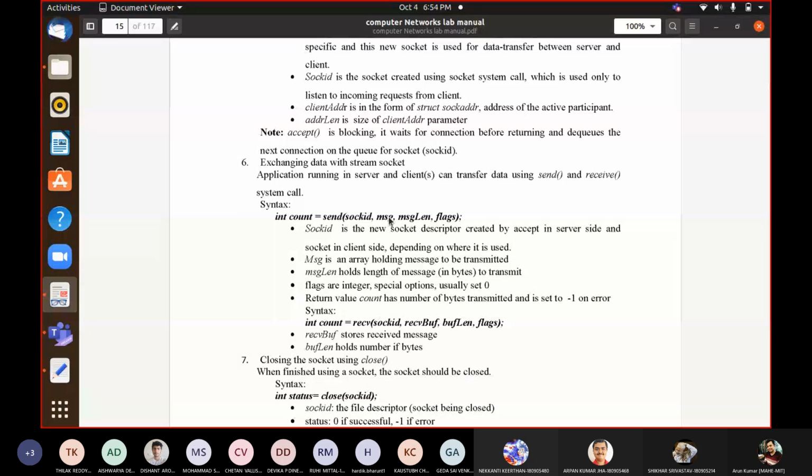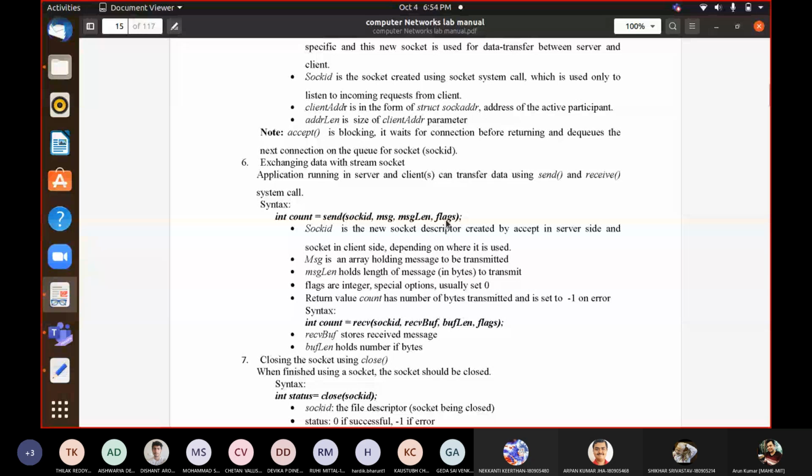Then the message length. The message could be any buffer, anything, wherever the thing is which you want to send. Then what is the message length? And flag. Flag is used for certain other options, meaning some special functionalities. Here we are going to set it as 0. We are not dealing with those special functionalities with respect to the send system call, so we will set it as 0 always.